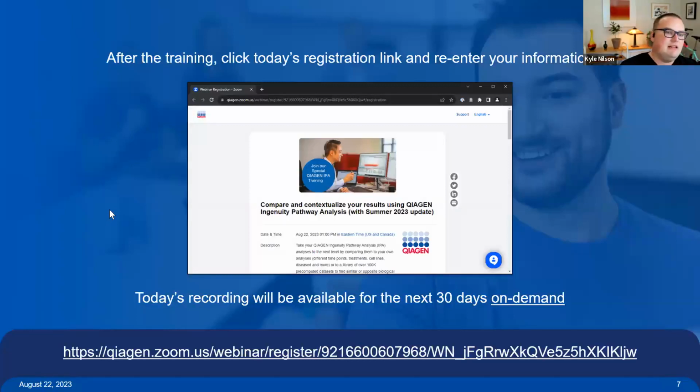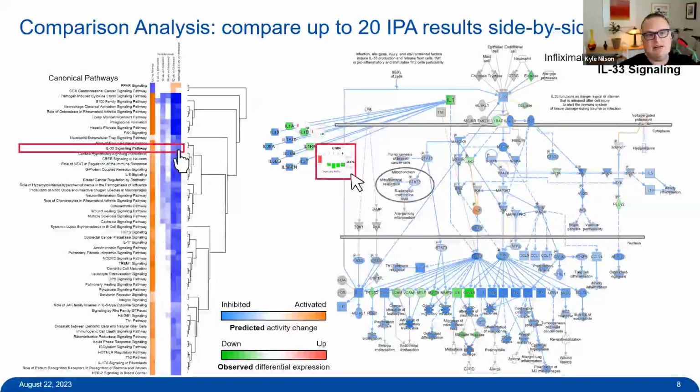So with that, let me go ahead and show some of the examples of things that we can possibly learn how to do today. So this first view, I realize, is a little bit complicated, but overall, something I want to show in IPA is that you have the ability to do comparison analysis. And although IPA really lets you deep dive into the pathways, the upstream regulators, the downstream diseases and functions for your individual comparisons, sometimes you can really speed up your discovery just by looking at a bunch of different conditions